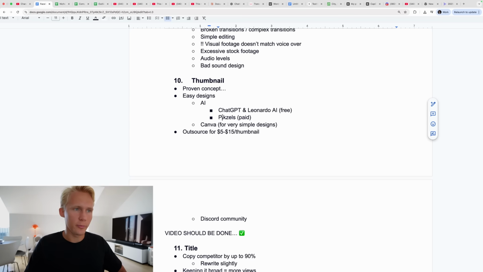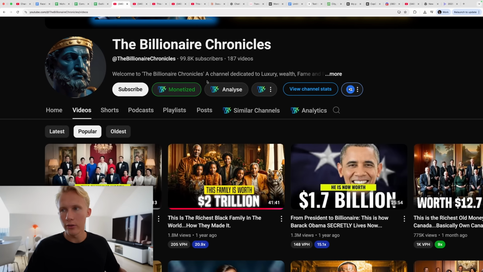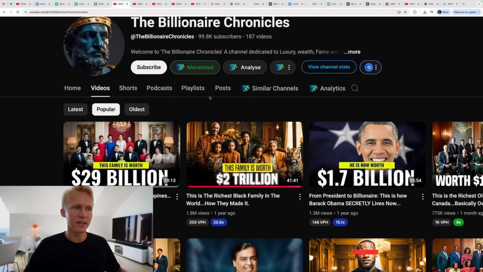I'm not going to show how to use Pixels. It's something that you're going to have to experiment with on your own. I'm going to show how to use either ChatGPT or Leonardo, and also tweak it up with Canva to just add some text, because if you see here, they have an image right in the background, and then they've added this text. Since this is a very similar thumbnail, I am very confident that we can generate this AI image quite easily, and then just add the text in Canva. So that's what I'm going to show you guys how to do.